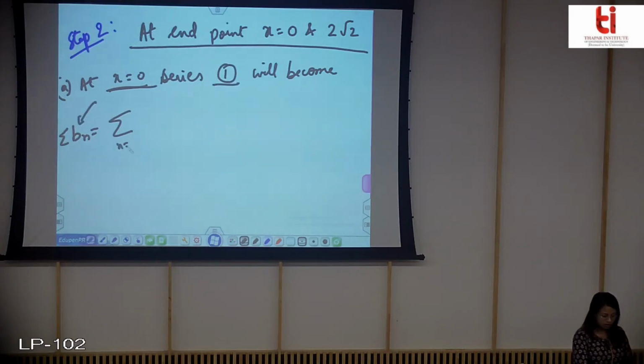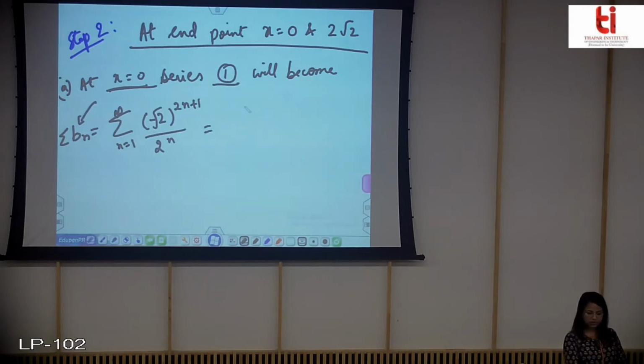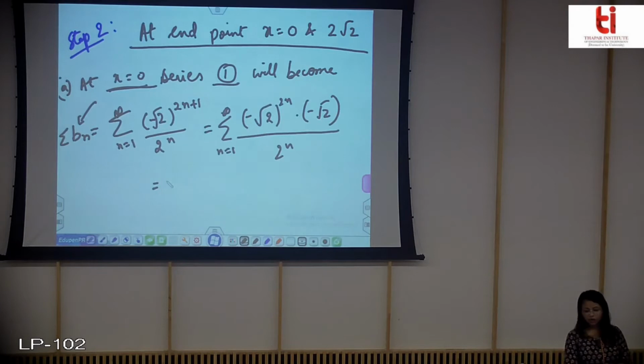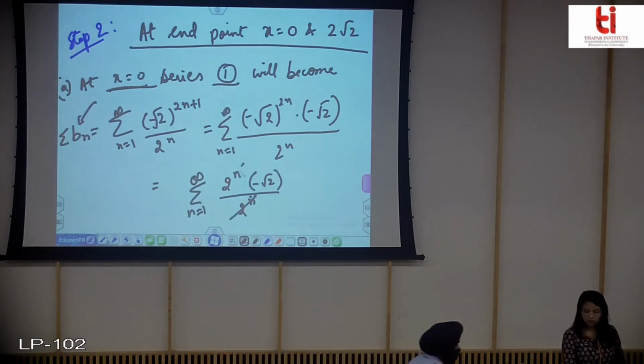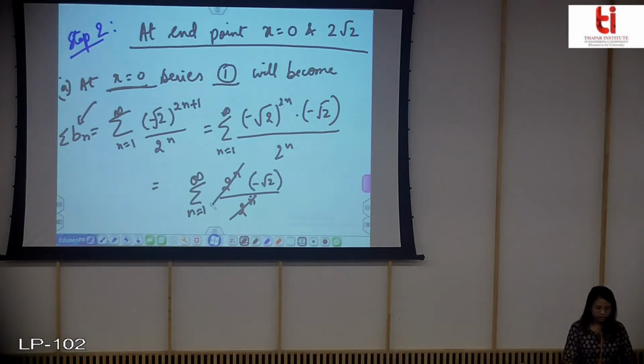So this is equal to, now you can easily see that I can write this as, if you take the power, you will get 2 to the power n. So this and this got cancelled out. So you are left with the series Bn, which will be equal to